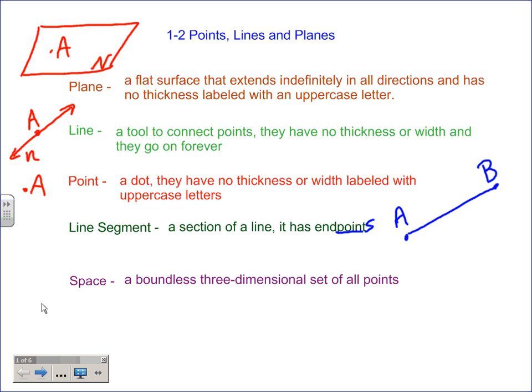So these are key. And most chapters will start this way. We'll have to do some definitions, and then what we're going to do next is name things. Because when I say stuff up here, you got to know what I'm talking about. Right? And so we'll go to naming things next. Are there any questions on these definitions here? Okay, and keep in mind, I'm never going to make you do it verbatim, is what it's called. I'm not going to sit there and ask you to give the definition of plane, and if you mess up one little thing, it's wrong. All right, if you give me something that's acceptable, it makes sense to me, I'll give it to you.